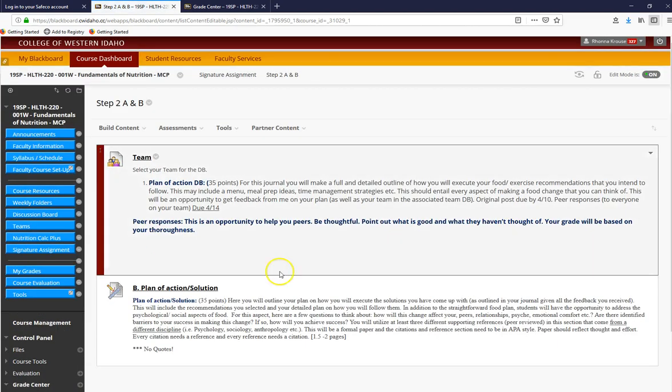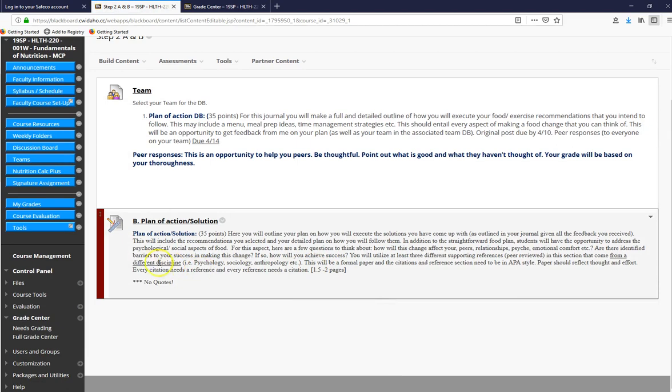So what is important for this paper? A, that you're including outside disciplines. One of the mistakes that I noticed a lot with the first paper is people are not formal enough. They're having a conversation with me on the paper. They're free writing. That is not a formal paper. You want to be thoughtful, proofread, and make sure that you're being concise and pithy and expressing your ideas and thoughts very clearly, and supporting those ideas and thoughts with research. Make sure that your citations are always included inside the body of your paper and that you are using APA style. I have taken quite a few points off for people not using APA.